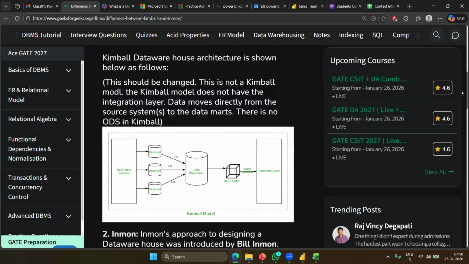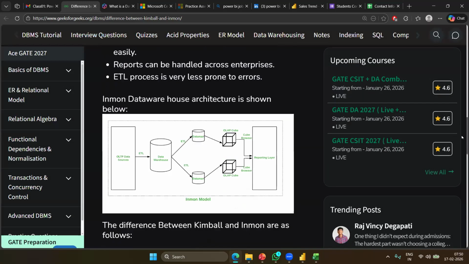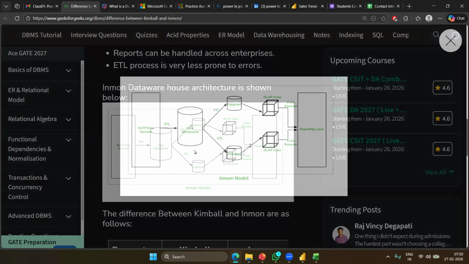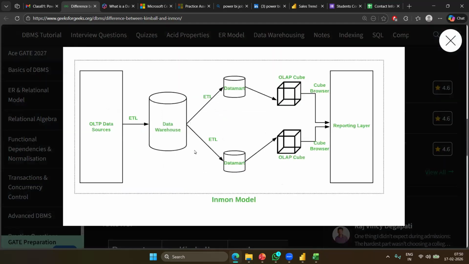On the other hand, what Inmon has suggested is: don't create multiple hops. If you start creating a separate data mart for each and every department, every department will have an employee table. Will you agree with me?